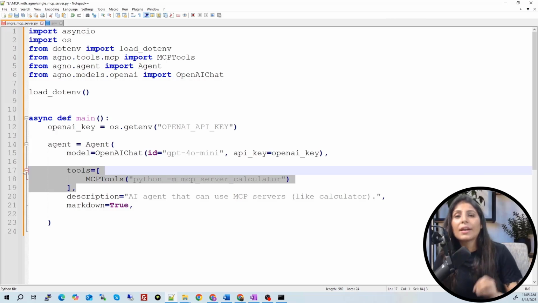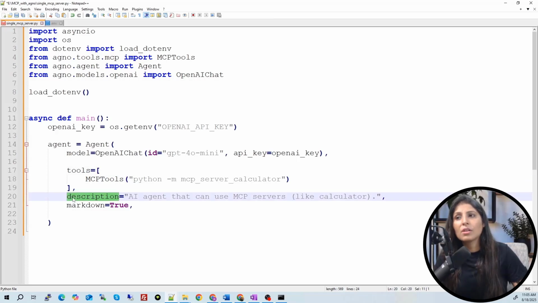This means connecting with that MCP server and using it when needed, depending upon the question of the user. If that question needs the use of this MCP server, then it will be used by the agent. And then we are providing the description. This is just a description to your LLM. We are telling our LLM that you're an AI agent that can use MCP servers like calculator.